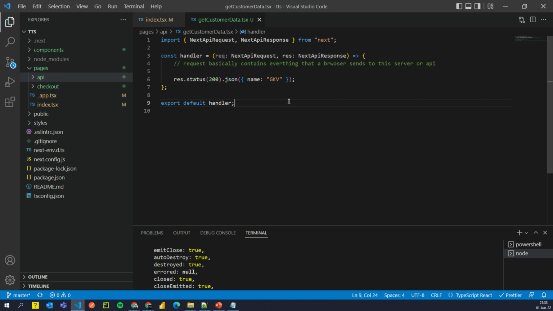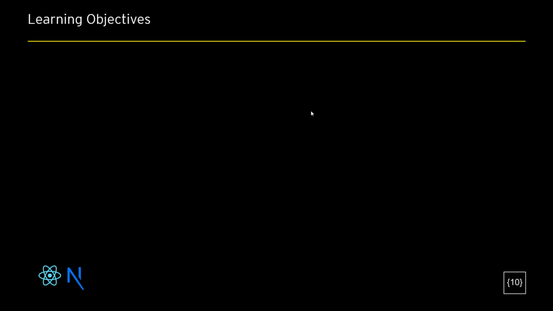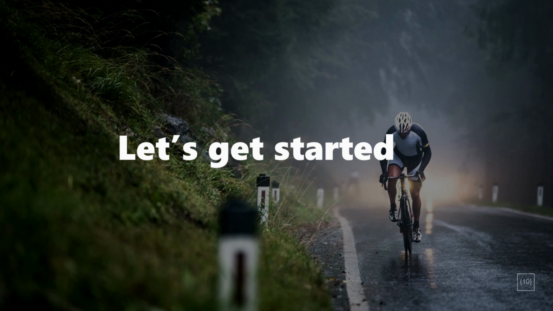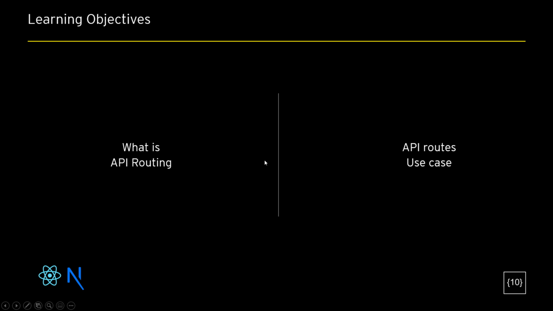Save it. Now it's not going to complain that we have not defined the type. Now going back to our learning objectives, and as promised, we understood what is API routing, how do we call it, but we have not seen any